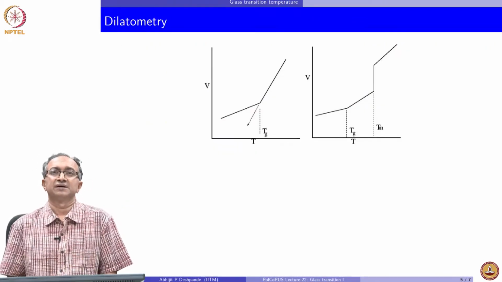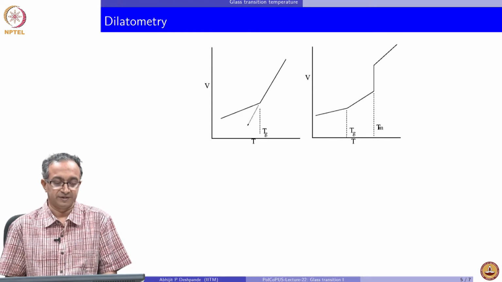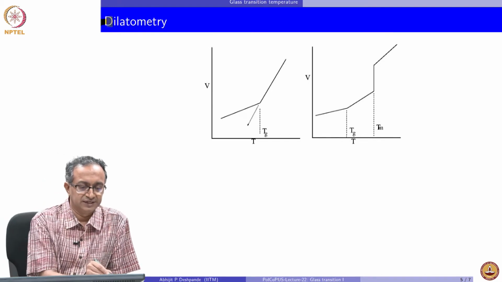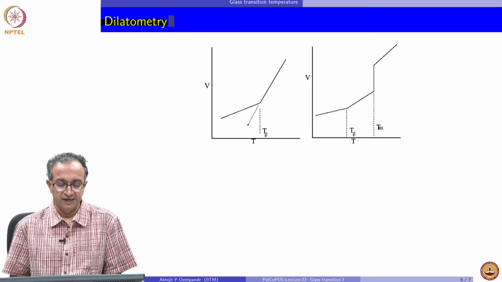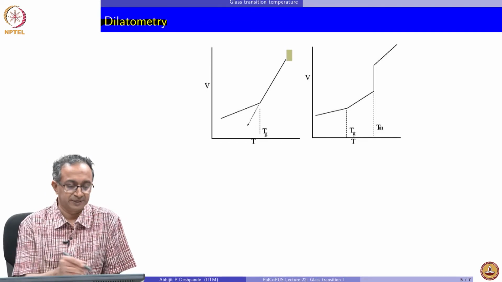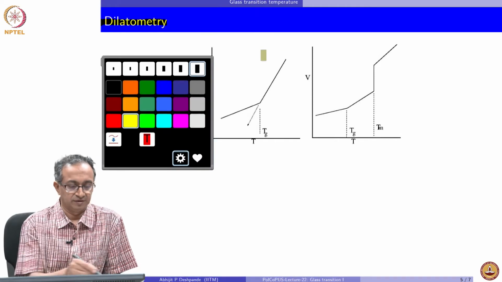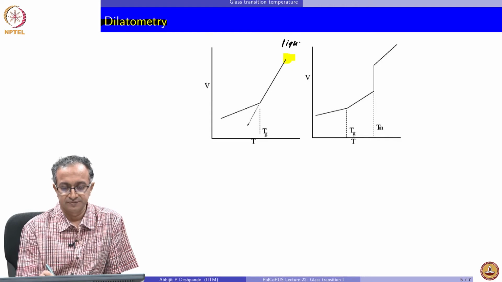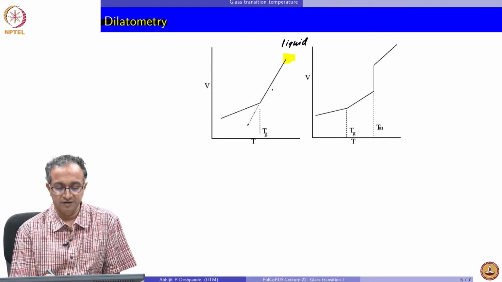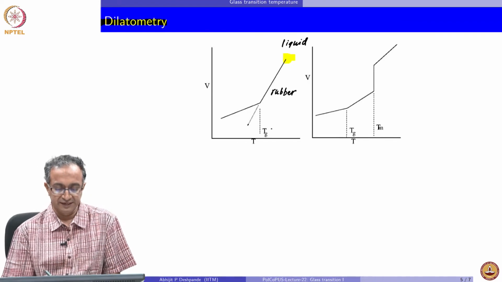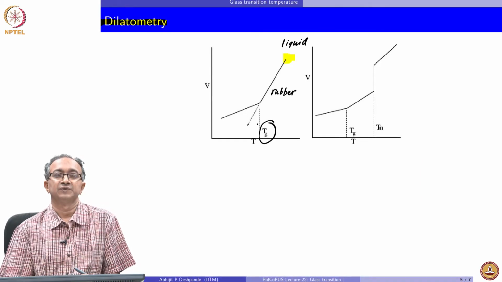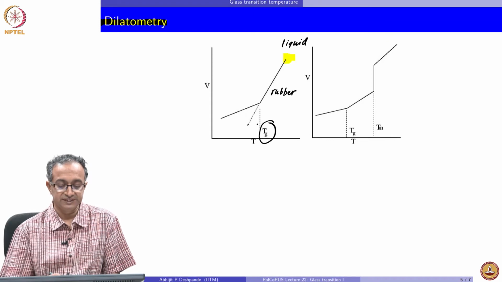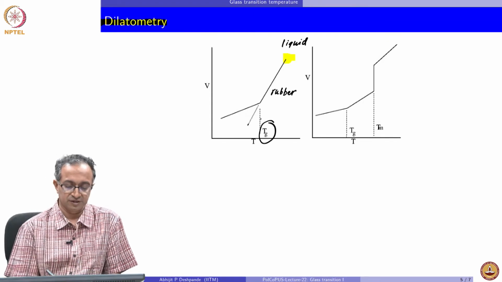So, let us look at this qualitatively, looking at how volume changes as a function of temperature, and so the technique is just measurement of volume, dilatometry. If we start from a higher temperature where the material is in the molten state, this is a liquid state. When we lower the temperature, we will reach the rubbery state of a macromolecule, and then at a given temperature, which is the glass transition temperature, what we see is the volume does not